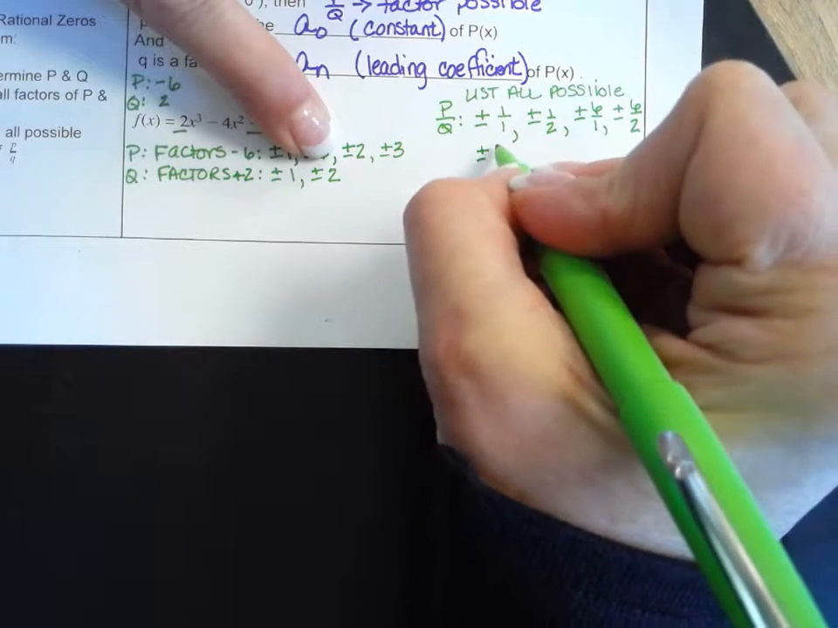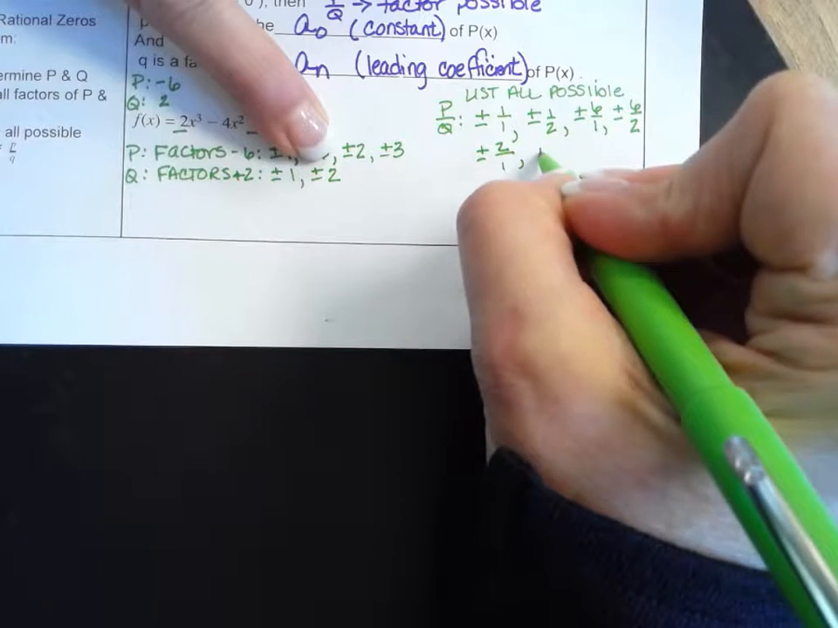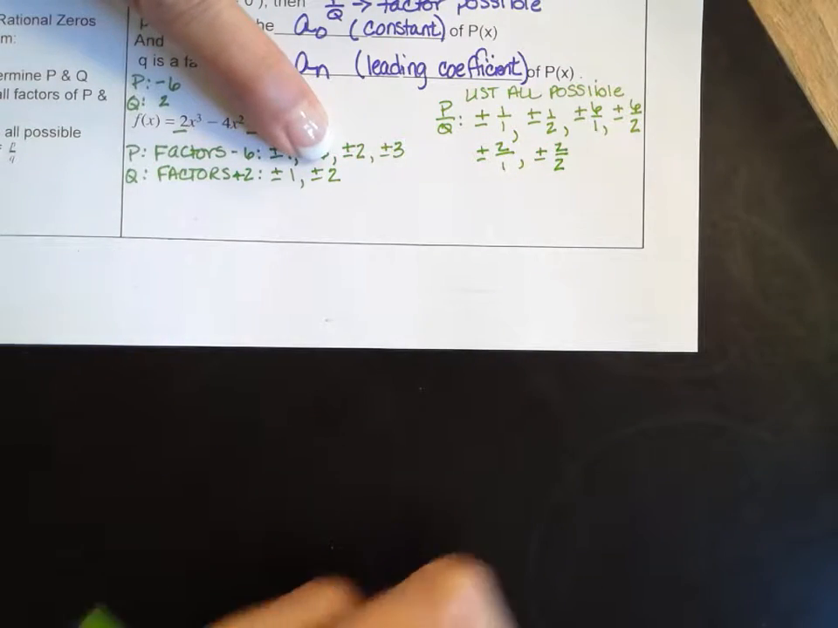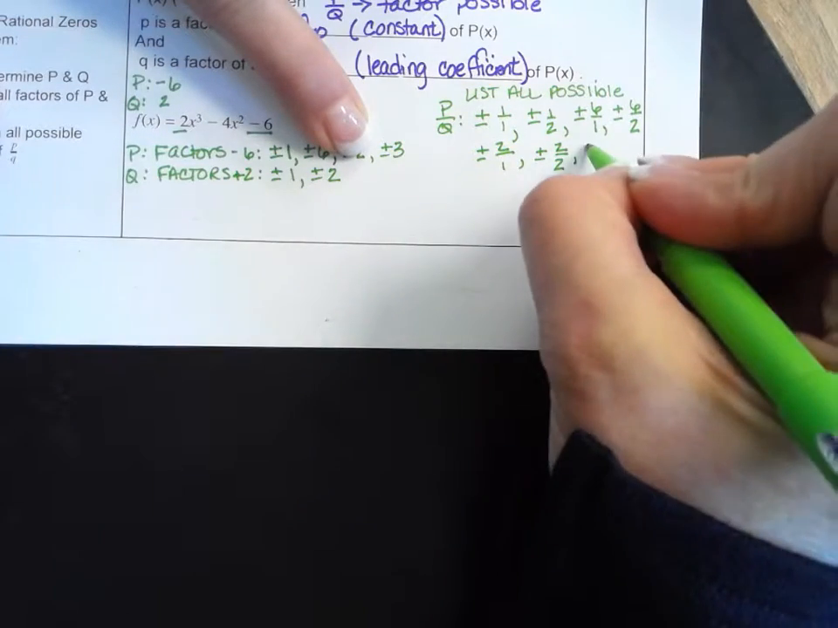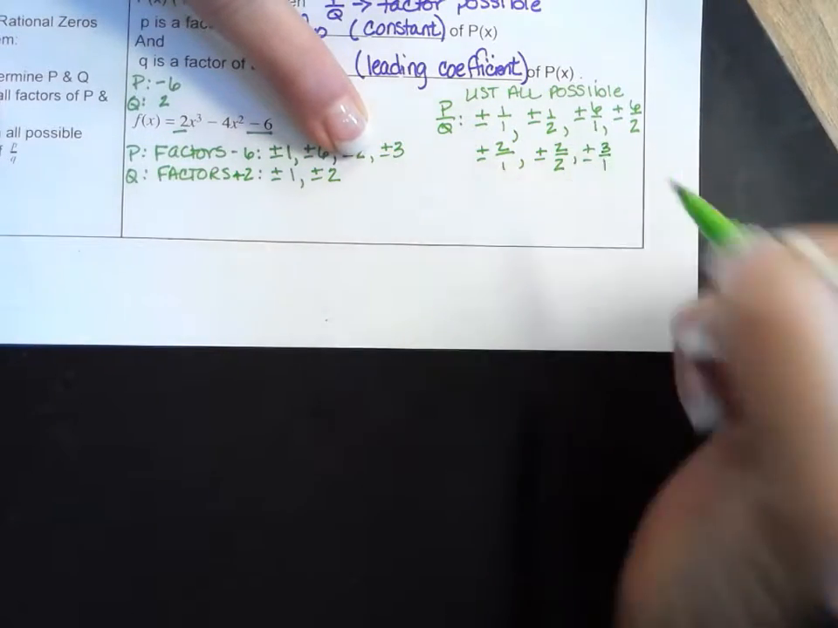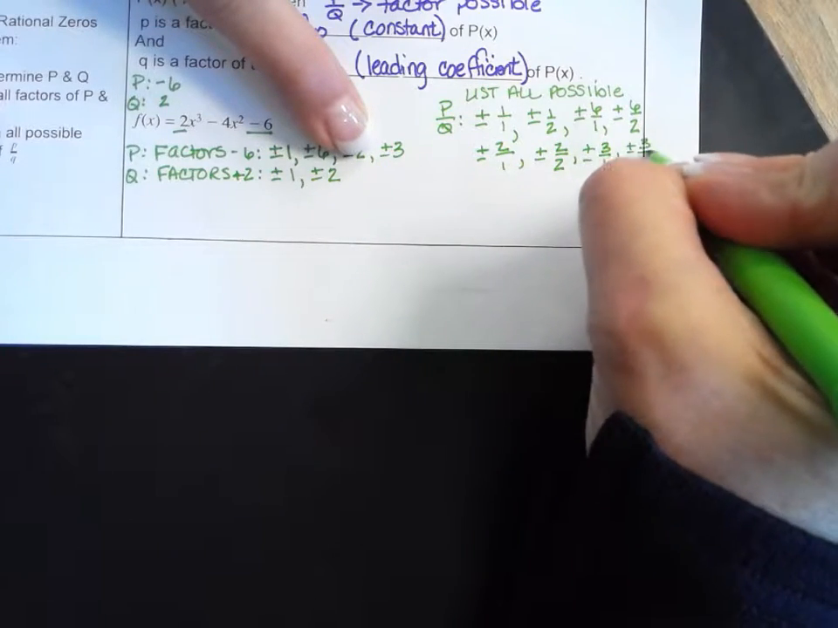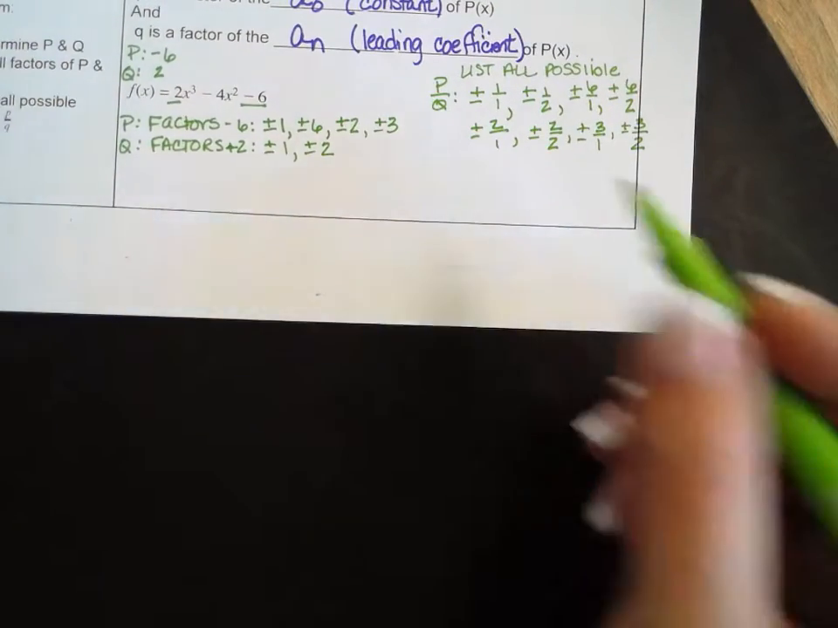So I have plus or minus 2 over 1 and plus or minus 2 over 2. And then I have my last one of plus or minus 3 over 1 or plus or minus 3 over 2. Good? All right, so if you